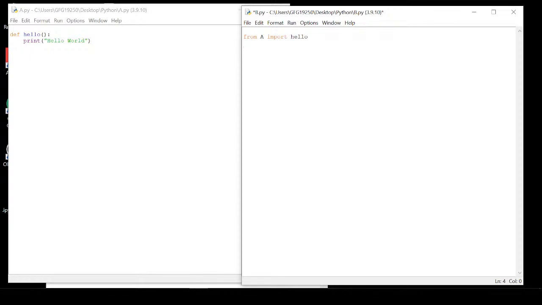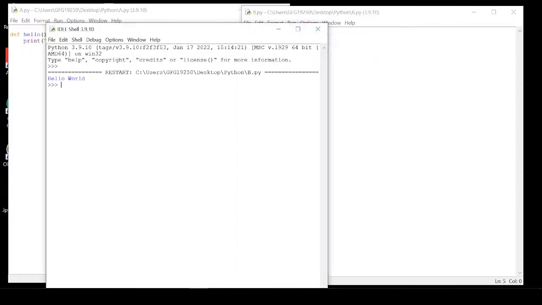Now I can directly call the hello function, right? Because if I'm calling the hello function, it will print whatever is defined in the hello function from the code file a.py. Now if I'm saving it and running it,